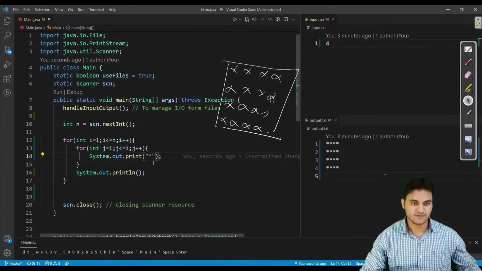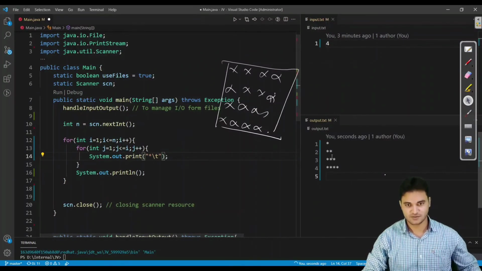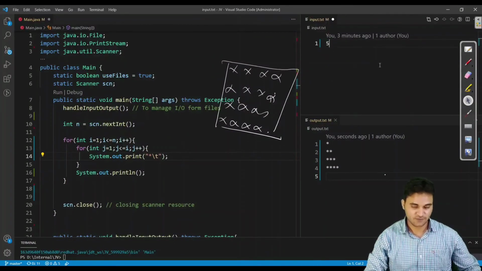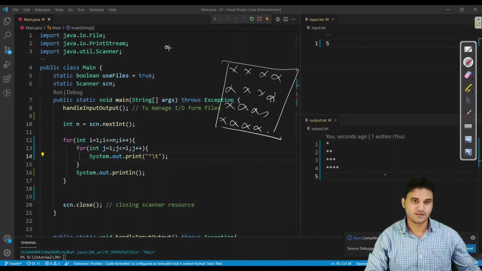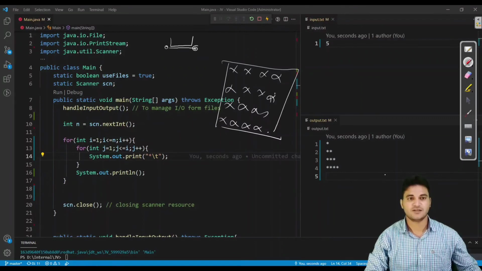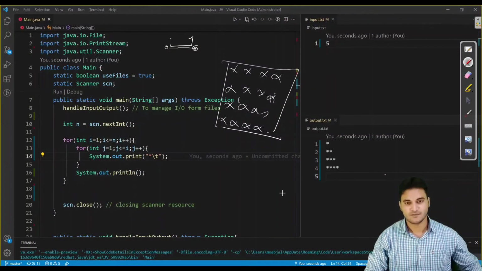And you can see here, rather than printing just a star, print a \t also. What \t does is separate the output. So as you can see, we are getting it. Let us try for size 5. After each printing of a star, let us print a \t. What \t does is, if we are here, it will make a space up to here. So it actually prints some space. That is the only reason for that. Let us see what we are going to get. I hope the output is the same, with just the difference of a \t.